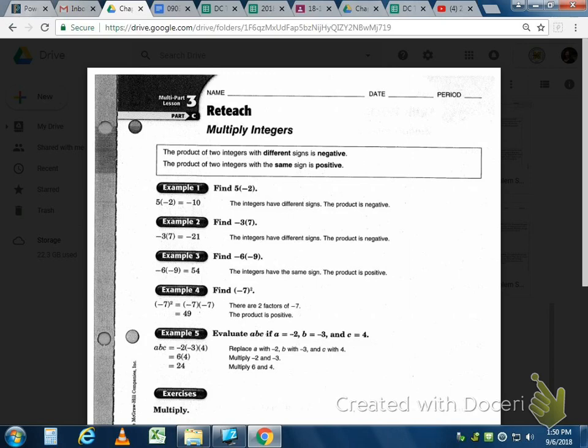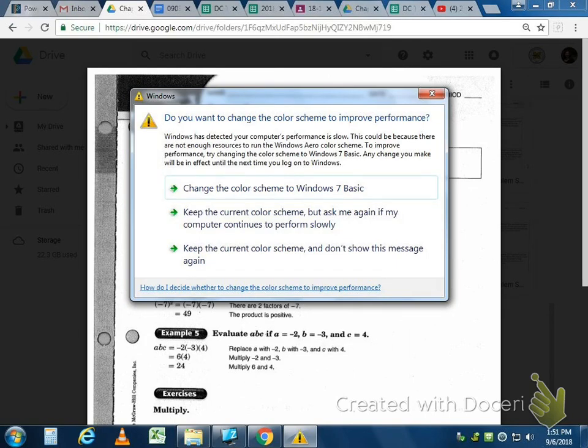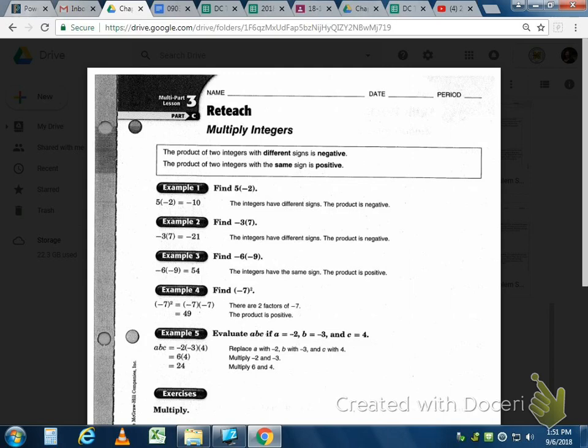2.3c, multiply integers. So today we're going to multiply integers and also evaluate them. The good thing about multiplication in integers is that it is set in stone how the answer is going to come out. Yesterday you didn't really know for sure; it depended on the numbers as to whether it ended up being positive or negative. Now, there's no question. If you look at these two statements in the box, which you're supposed to have written down, the product of two integers with different signs is negative, and